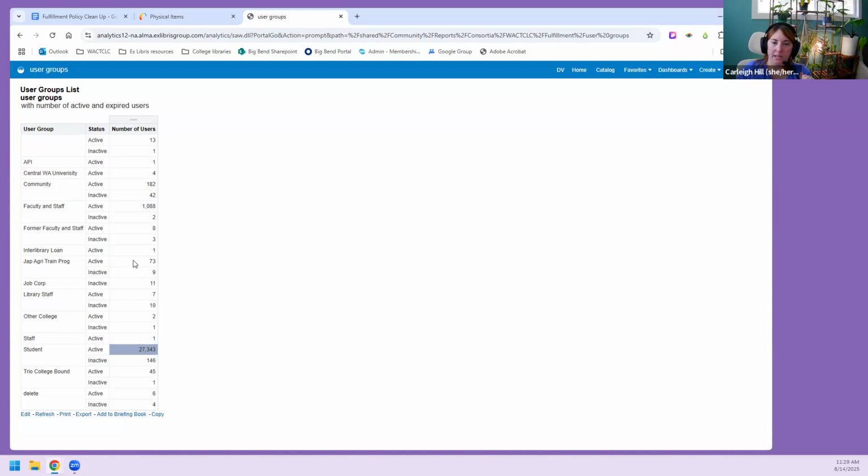But there are some kids in this one. They do have community users, but the API user group is irrelevant. Don't worry about that one. But other college, could those just be in community? Staff, why? Unless it's a library staff thing, then